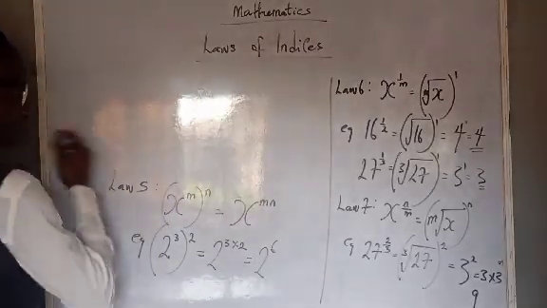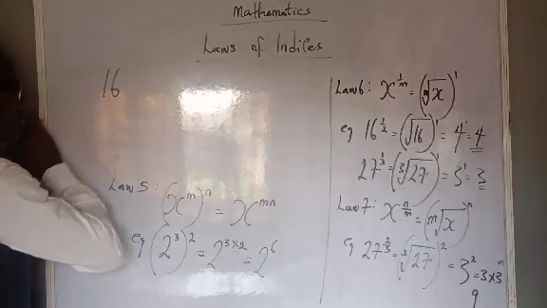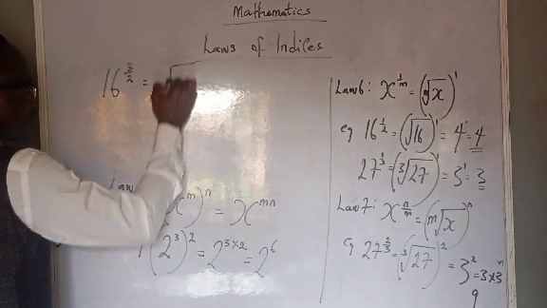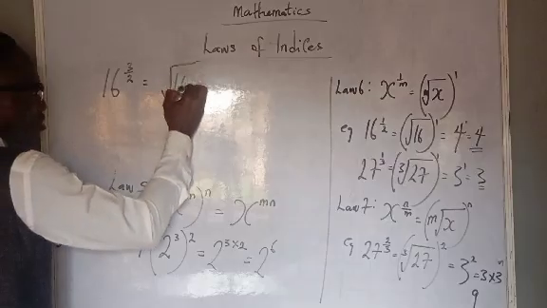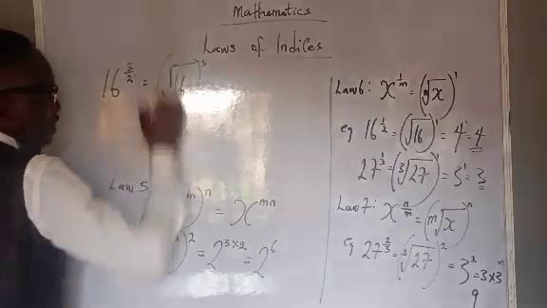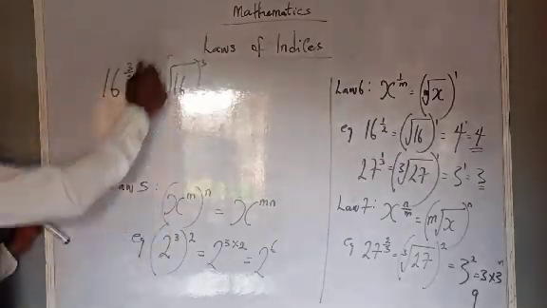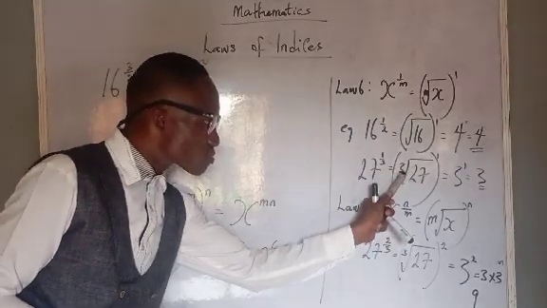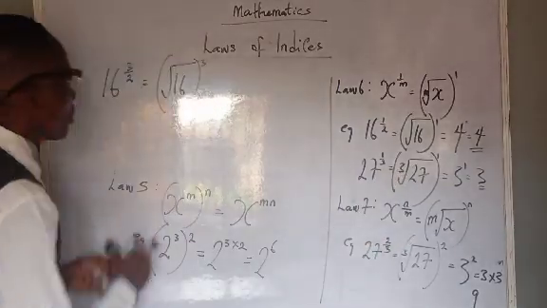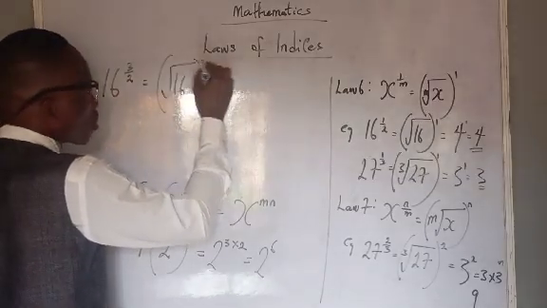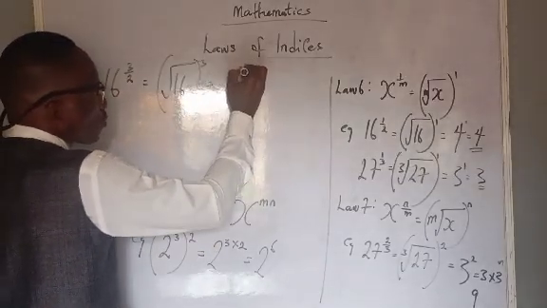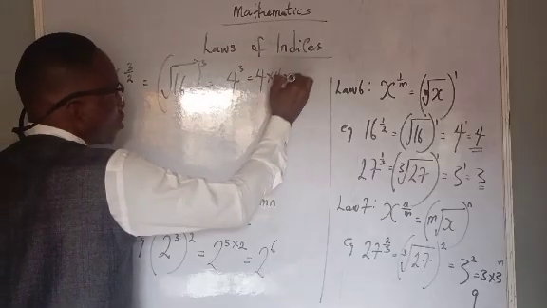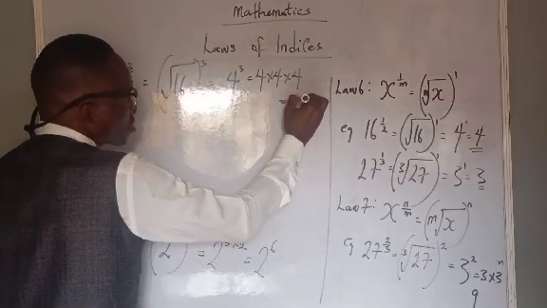We can say 16 raised to the power of 3 all over 2. What does this mean? Square root of 16 in the power of 3. Remember, this is the sign of square root. Any other number added becomes that root. This one is cube root. See it? Are we there now? So this will now be the square root of 16, which is 4, raised to the power of 3, which is 4 times 4 times 4, which will give me